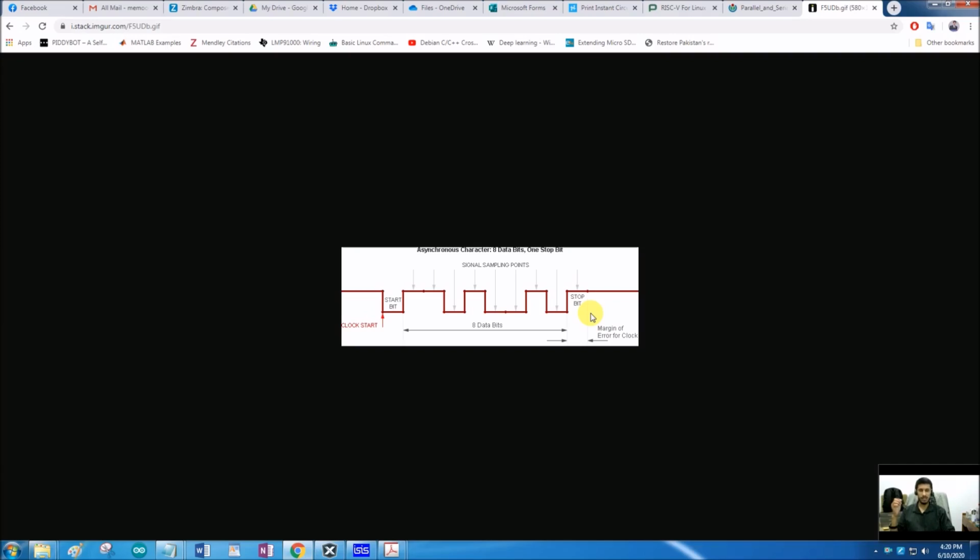There is a dedicated register of that peripheral in which we copy our data that we need to send serially, and the baud rate selection, what will be the time duration of each bit, how many bits will be sent per second, what will be the start bit, what should be the frame, and what should be the handshake signal. Everything is decided by that peripheral, and that is configured just once by the user, and then we just start the peripheral, and we don't need to do anything else.